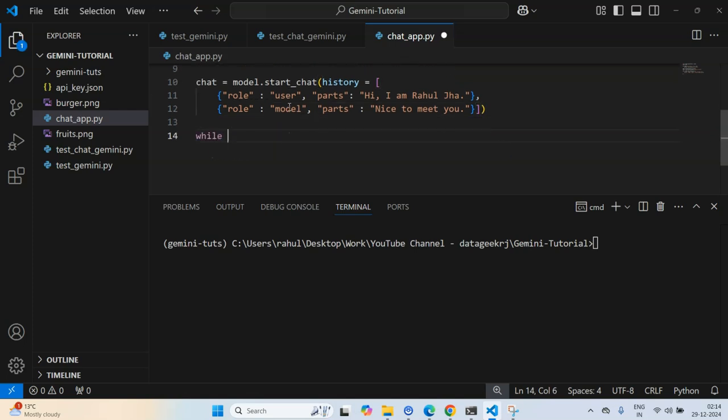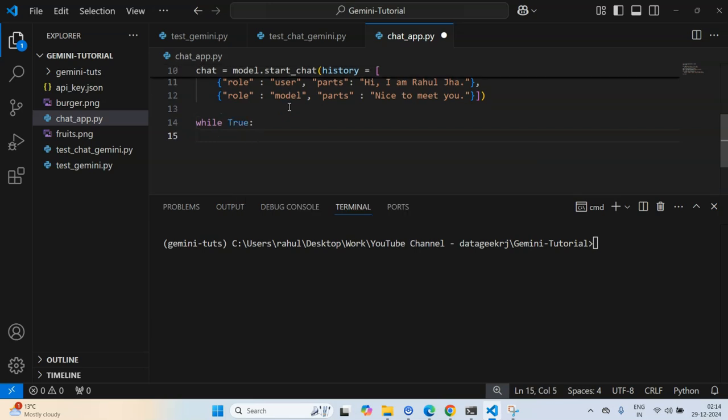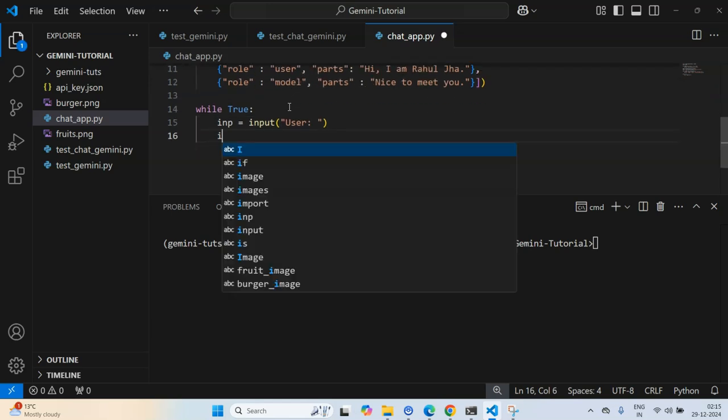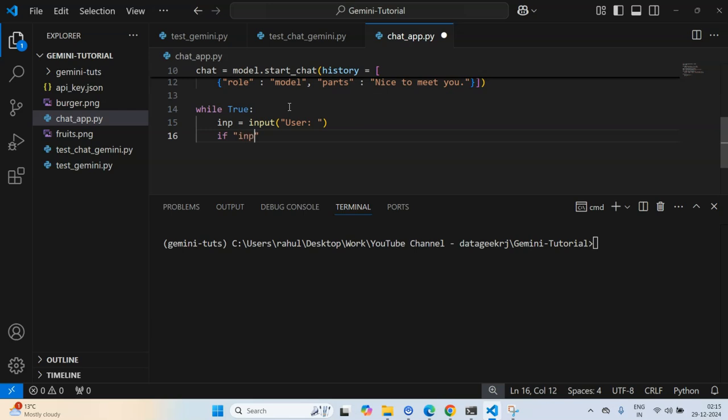Okay, and I'll create a while loop. I'll say input is equal to input, and I'll write user here. After this, maybe I want to quit this chat.